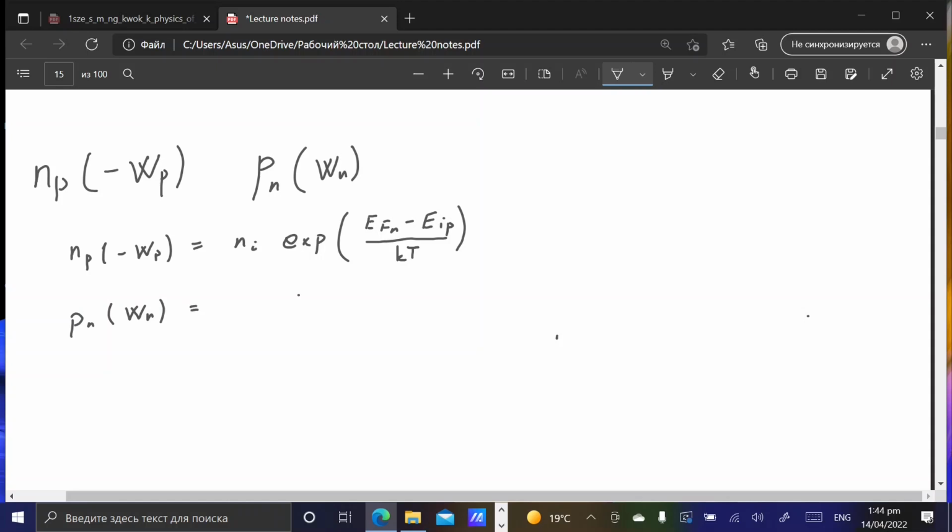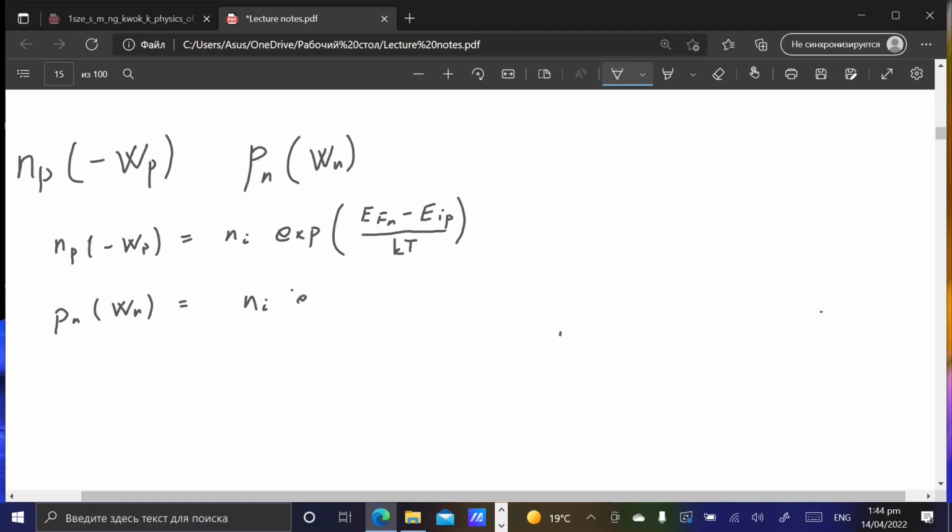And sorry, the other one is p_n at W_n, which will be equal to n_i times exponent minus (E_Fp minus E_in) divided by kT. So here we operate with intrinsic charge carrier concentration. So you need to remember what it is. We can define it as n_i